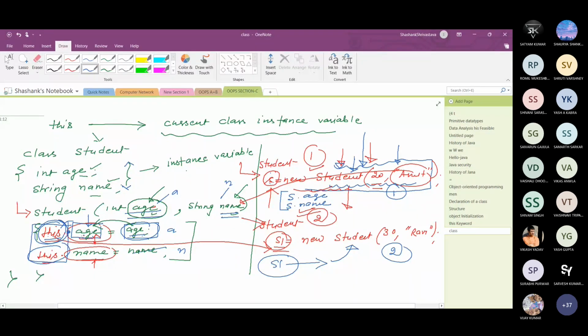There is no need because there is no problem distinguishing a from age and n from name. So the significance of the this keyword in this particular example is only to distinguish the instance variable from the local variable. Okay, am I clear? Yes, sir. Thank you, sir. Okay, I got it.